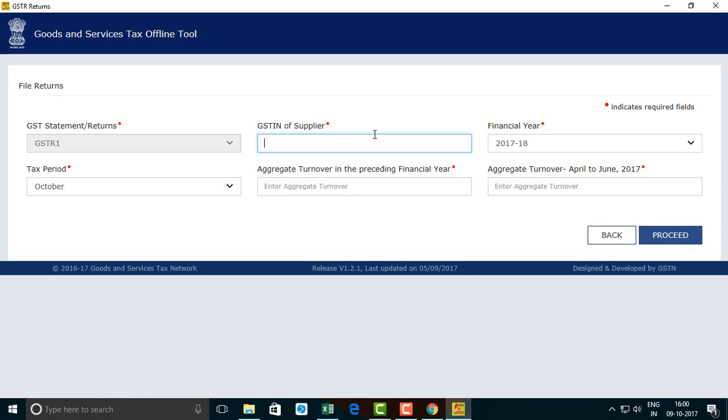Let's give a sample GSTN. Let's say you're filing the return for the month of July, and let's say the aggregate turnover for your last year is 50 lakhs, and for the quarter preceding July 1st is, let's say, 15 lakhs,